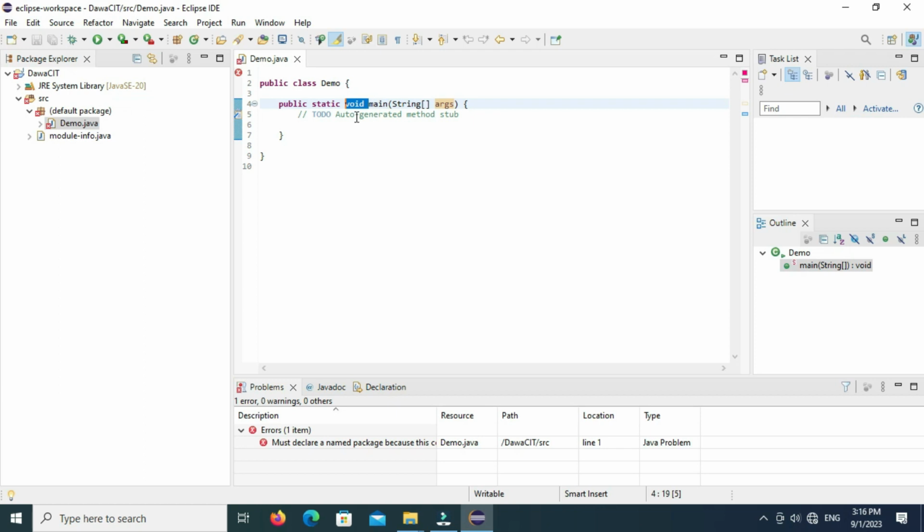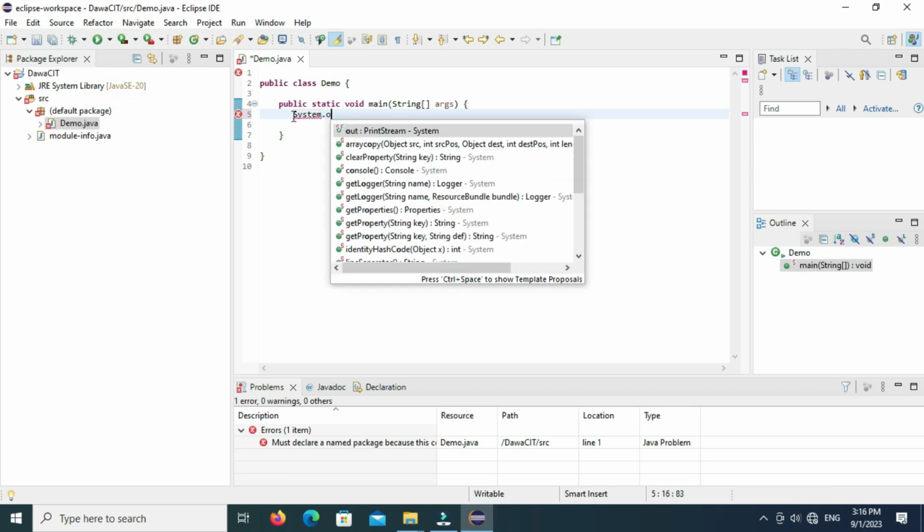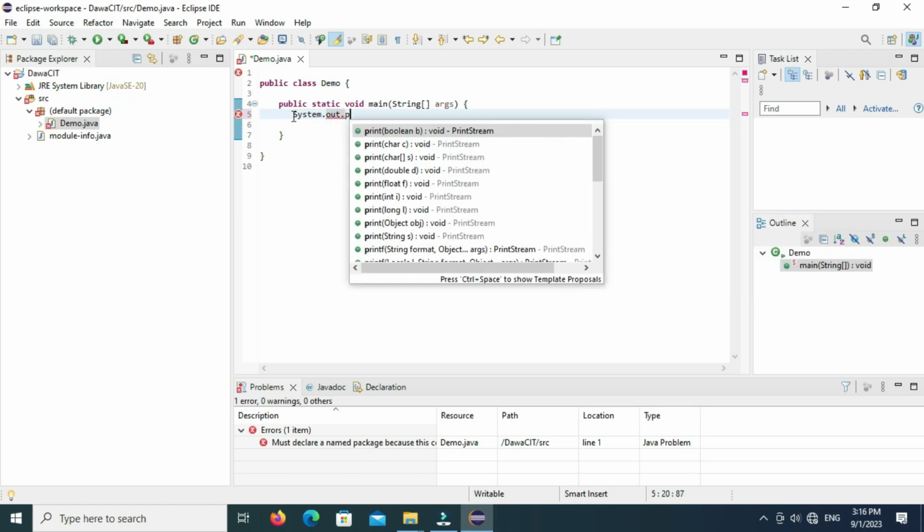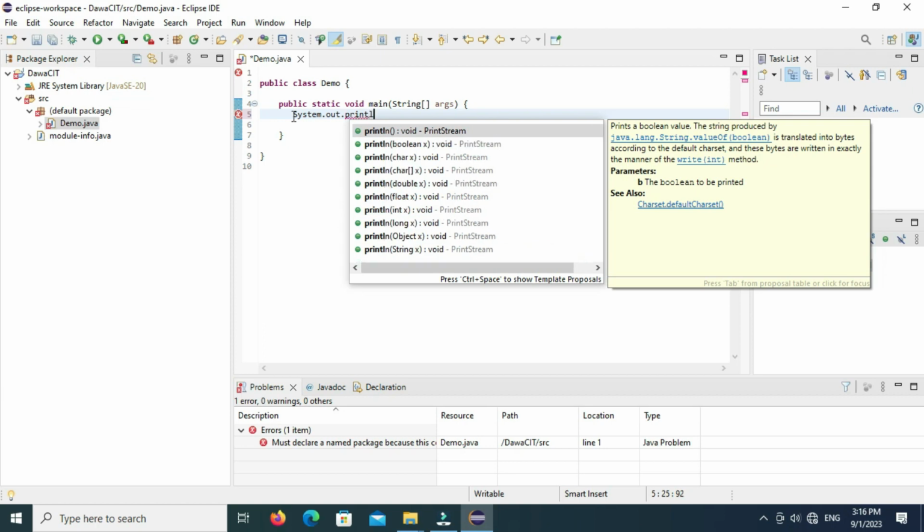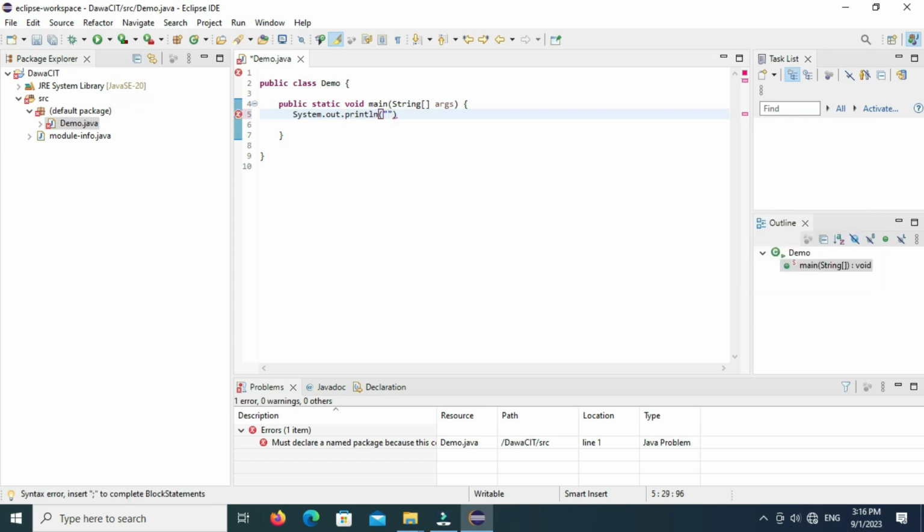Now we will print some text here, hello world. Then for that you have to type here capital letter System dot out dot println, bracket open and close, within the bracket double quotation mark, and inside double quotation you type here any text which you want to print out.